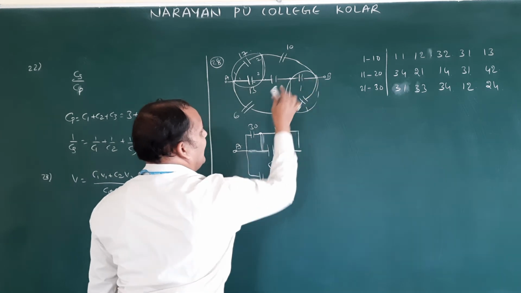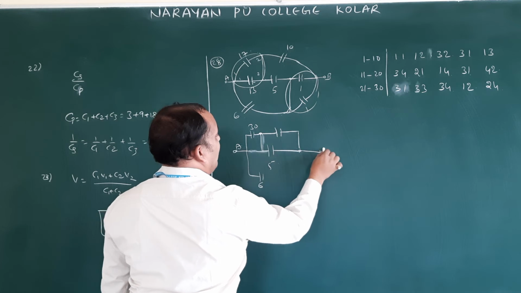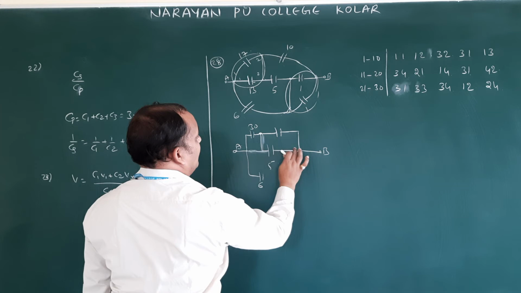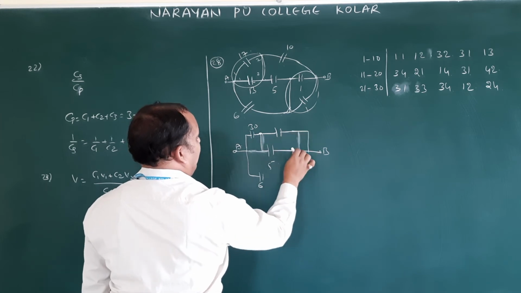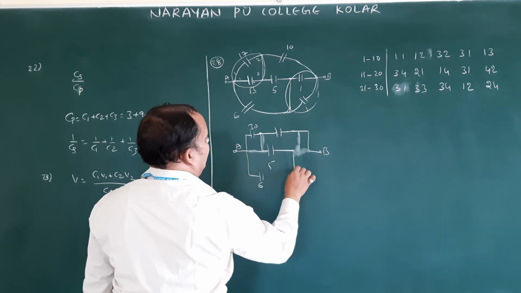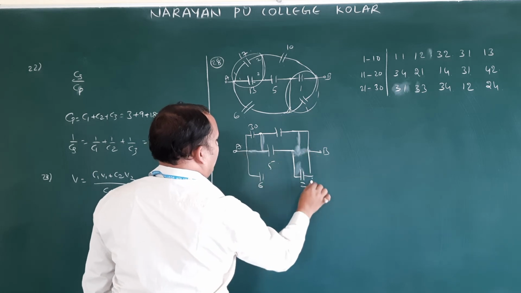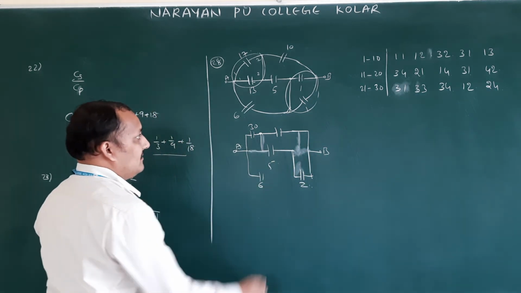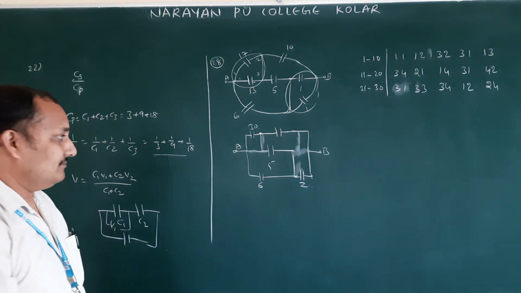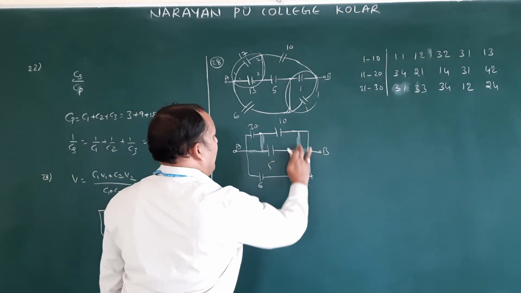How are 1 and 1 connected? Parallel. 1 plus 1, 2 you got here. The second end of 2 is connected to B. So the first end is connected to 5. Again, I will draw clearly. Here we are getting 2 microfarad. Again, 6 is going and connecting. Okay, just see. This is 30, 10. This is 6, 2.